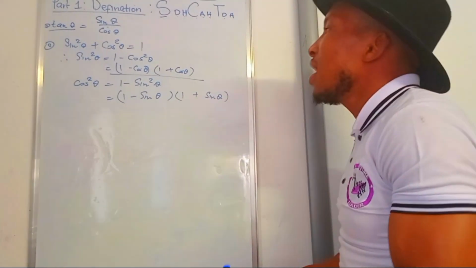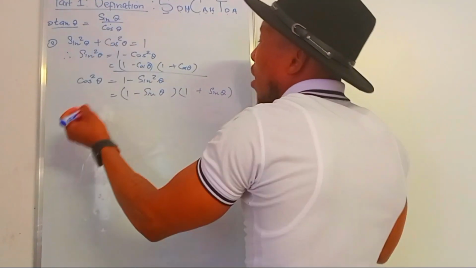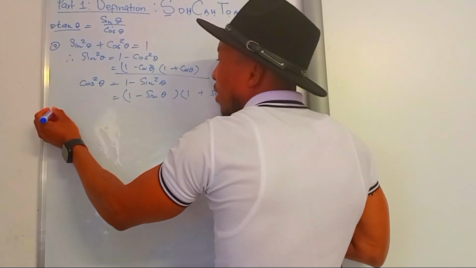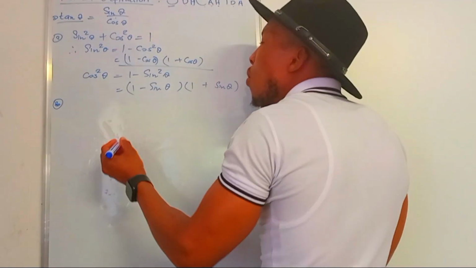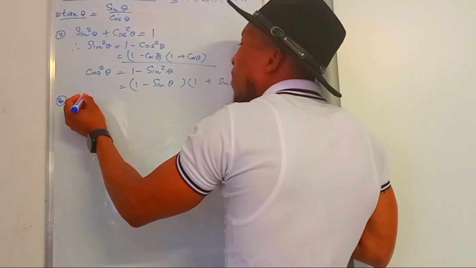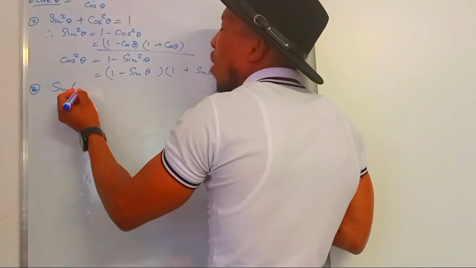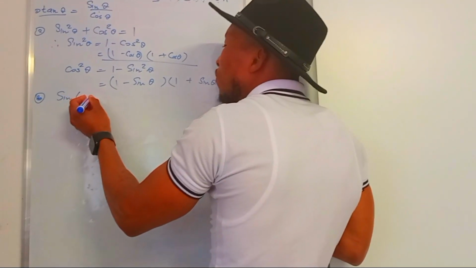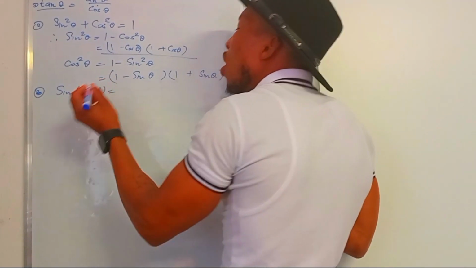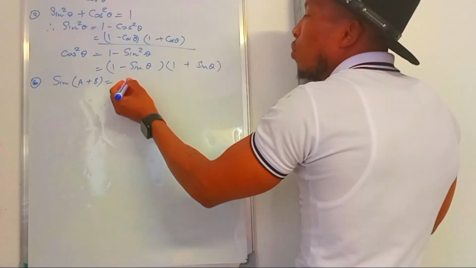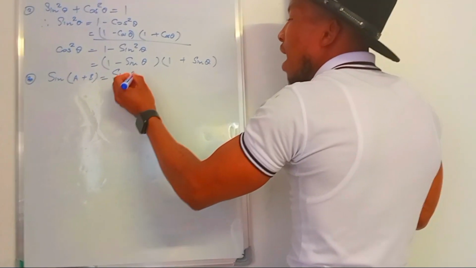All right, then the last one here on part 1. We need to know the compound angles: the compound angle of sine and also the compound angle of cos. Here we have sine A times